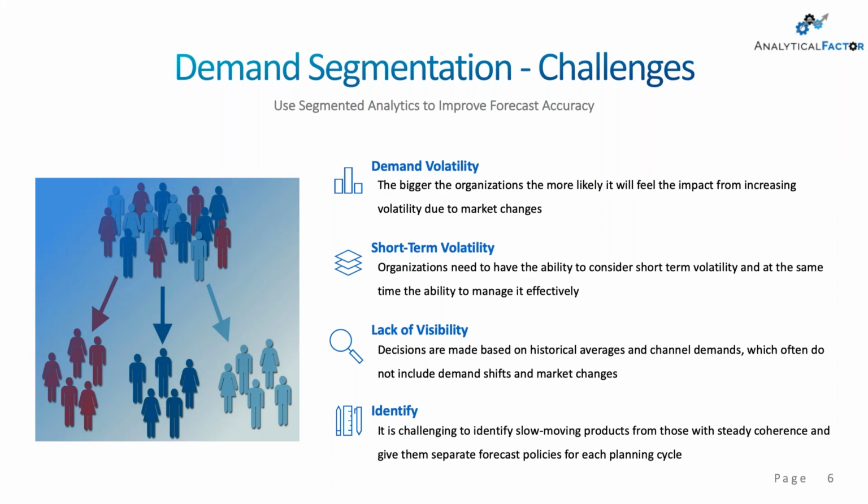Lack of visibility: if we have our KPIs and our KPIs are running on an aggregation of the data, and then we look at all the data together, we might be doing an averaging of our data. That means if we are looking at our fast moving and slow moving together in our reports, then we are losing visibility because we are doing a kind of averaging.